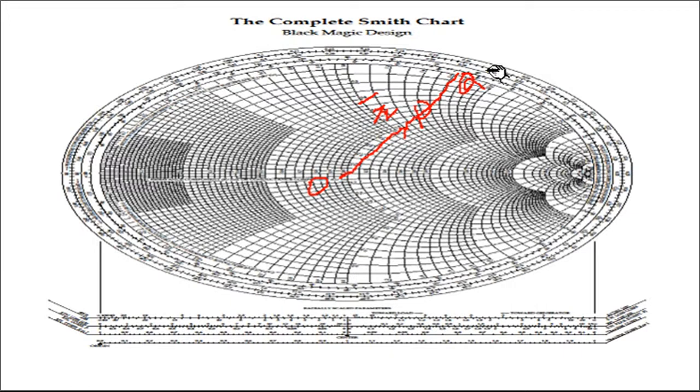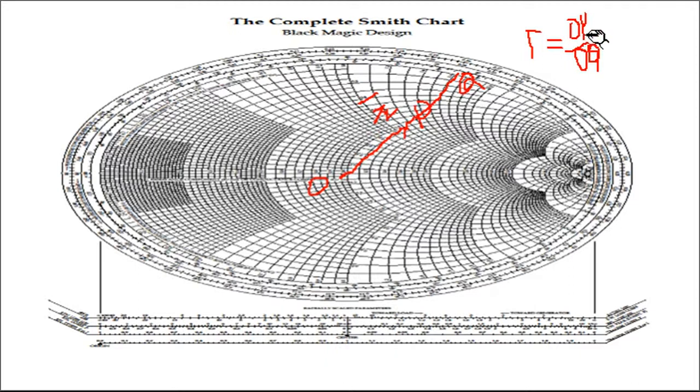Okay, OPQ. Now the simple trick to calculate capital gamma, the reflection coefficient, is that it is equal to OP upon OQ. That's it. So this distance OP divided by this complete distance OQ will give you the reflection coefficient, and that's the answer of your first bit. Reflection coefficient can only be calculated at the load side. It cannot be calculated at some other side.